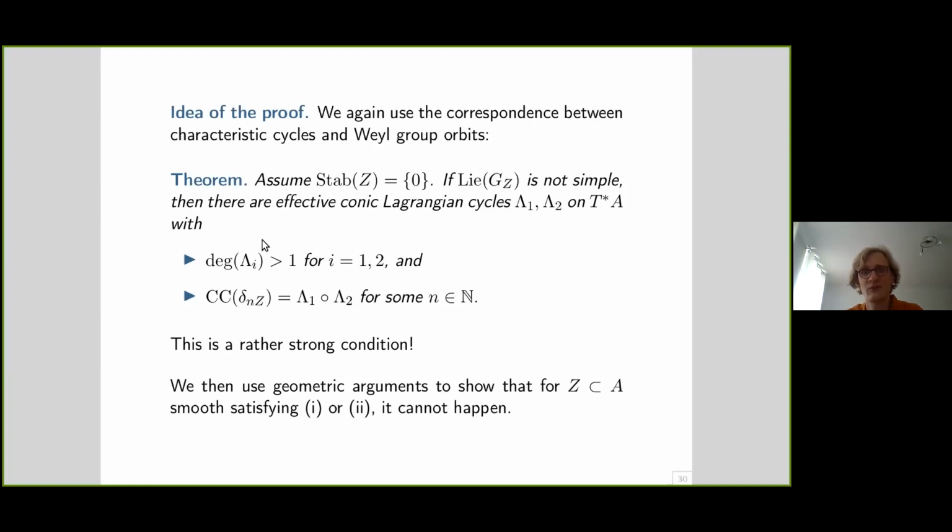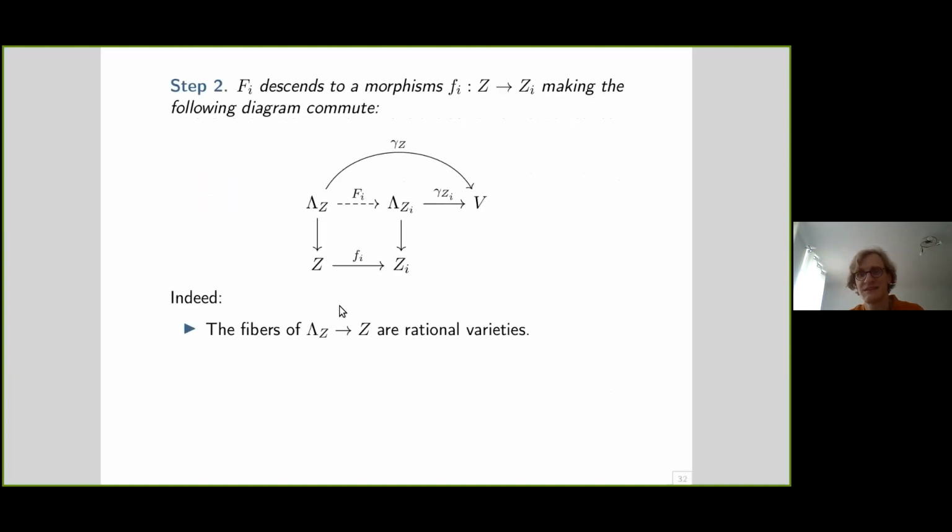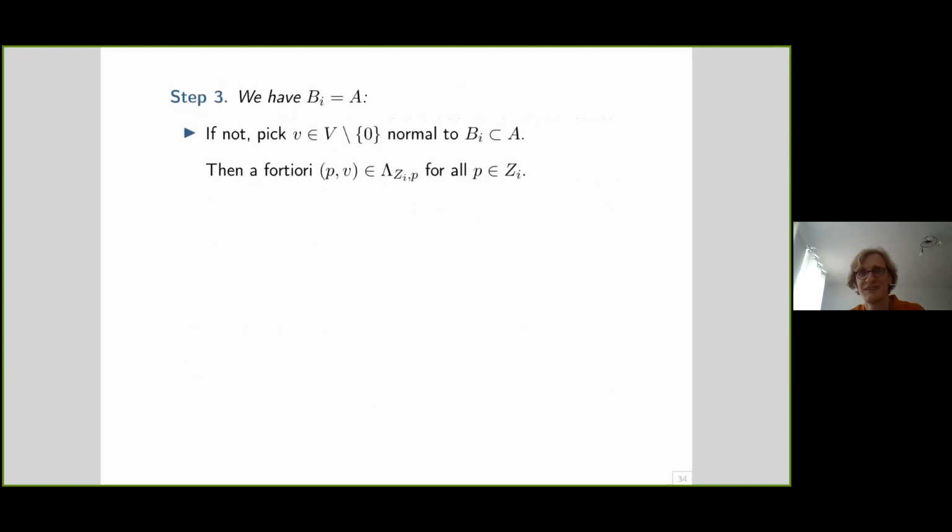So the proof is really conormal geometry. You start with a given conormal variety to Z in this case, which is smooth. And the point is really the conormal variety to this Z is an irreducible variety. So on the left-hand side, you have an irreducible conic Lagrangian cycle, and you know that it's a convolution product of two other cycles. And this is a strong condition which you can rule out in those cases. So I think I can skip the proof